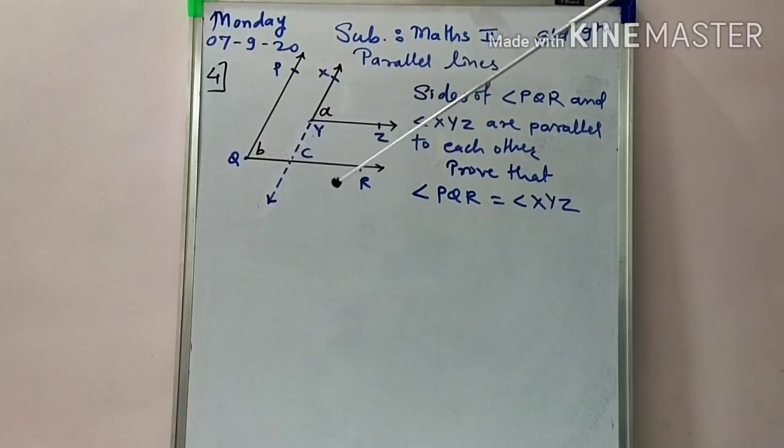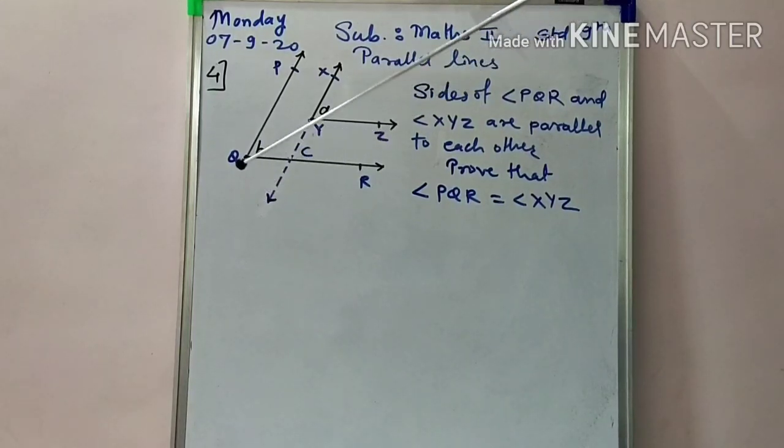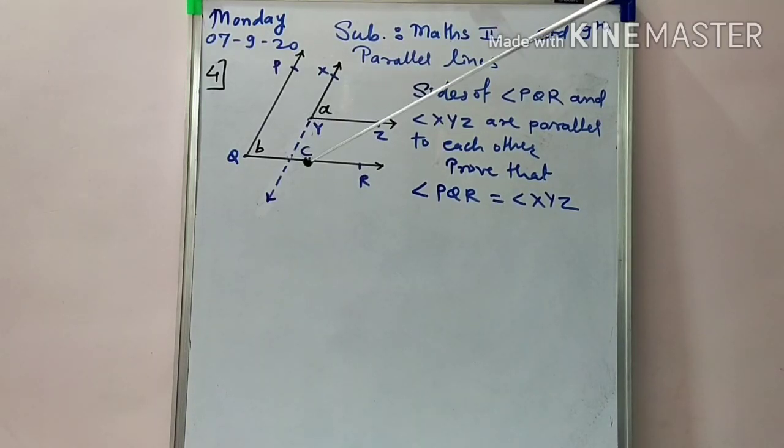Okay, so then only can we relate angles A and B, which we have to show are equal in measure, because if that construction is not there, then there is no direct relation between A and B. But now, as we extend this side, which intersects the other side of the angle, QR, we have that relation. Okay, so what is the relation between A and C?